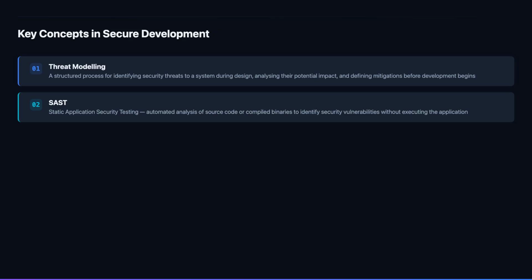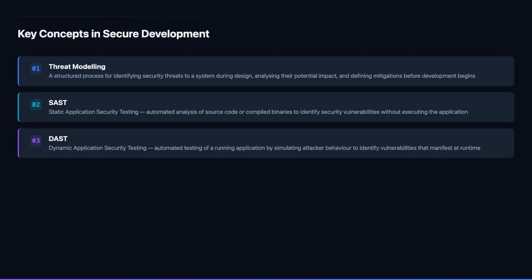The effectiveness of SAST depends on regular tuning of the rule set to reduce false positives, which consume developer time and lead to alert fatigue. DAST complements SAST by testing the application as it actually behaves when running, finding vulnerabilities that only manifest in the execution context, authentication and session management flaws, server-side request forgery, insecure direct object references, and business logic vulnerabilities that static